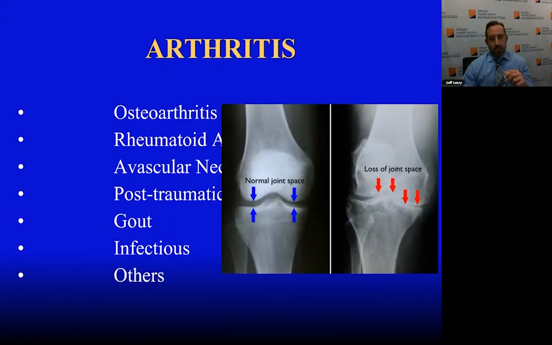So as a quick review, why we're talking about this, what is arthritis? That's a loss of cartilage in the joint. Normal joints have articular cartilage, which provides your bearing surface. You see a normal x-ray there. When the cartilage wears away for a variety of reasons, whether it be osteoarthritis, which is your wear and tear, versus rheumatoid or avascular necrosis, post-traumatic, inflammatory arthropathies, things like that, cartilage is lost, leading to deep inflammation, pain, deformity, loss of joint space, which you see in the x-ray there.